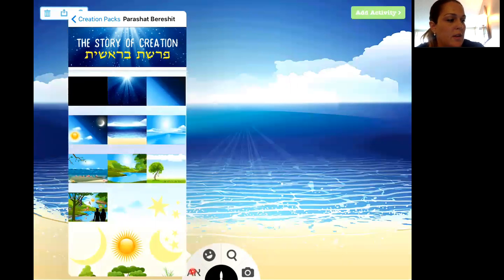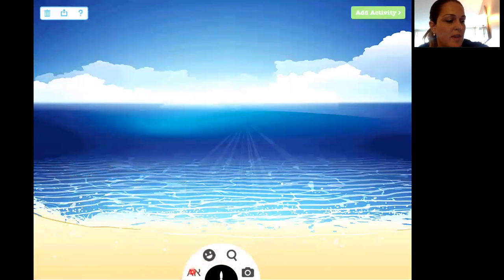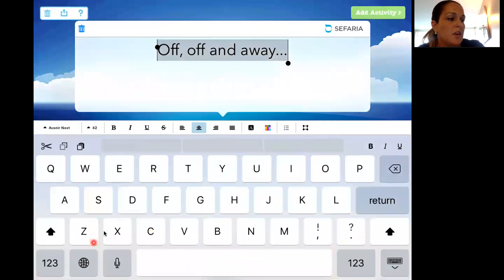Okay, so when you tap on the little text icon, you're able to type in Hebrew and in English in here, but you also have something called Sefaria up here at the top. I don't know if you're familiar with it or not. But Sefaria is a digital biblical library. So it has all of the Tanakh in digital format. All you have to do is just pick the psukim you want to work with. So if you tap on Sefaria,